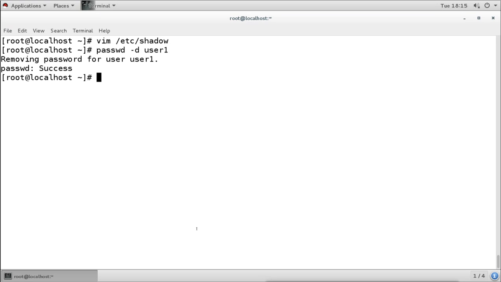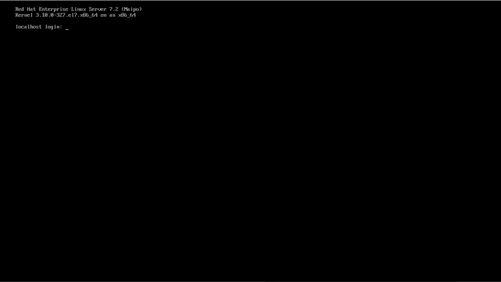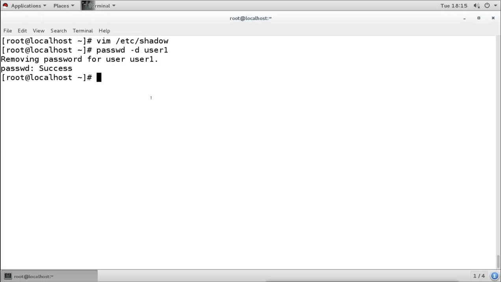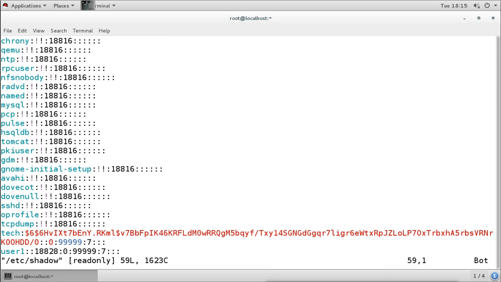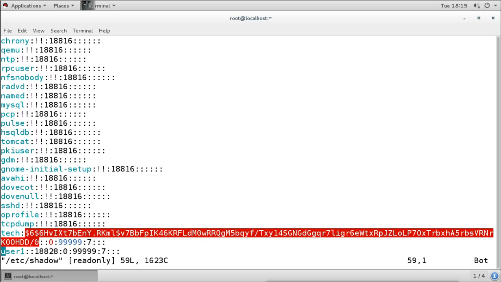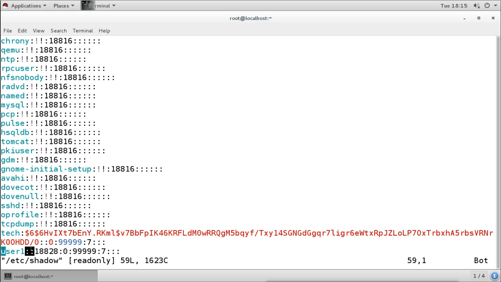Now it did what? It actually removed the password for this user. Now user can log in without a password. Now when I try to log in with this user account, it is not asking any password. Now what it did here, you can see in the shadow file. In the shadow file you can see for this user now there is no password here. There is no password hash. For this user we still have the password hash. So that command will do what? It actually removes the password hash for that user, and then the password is not asked.